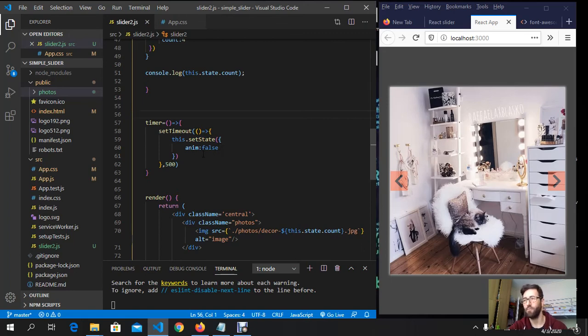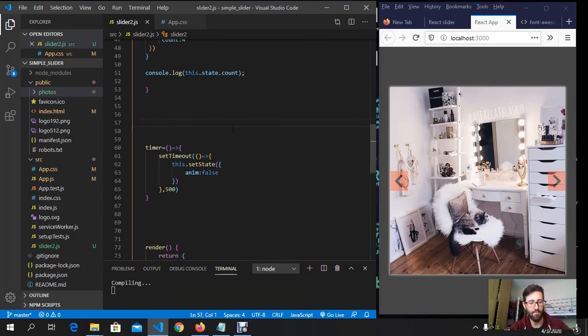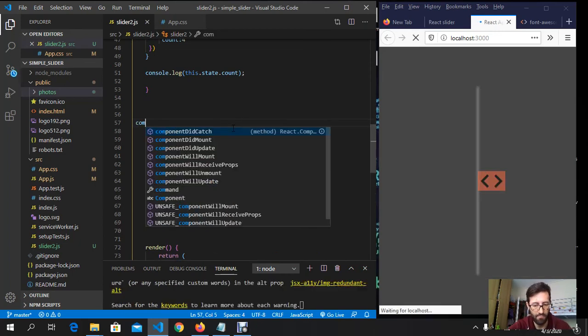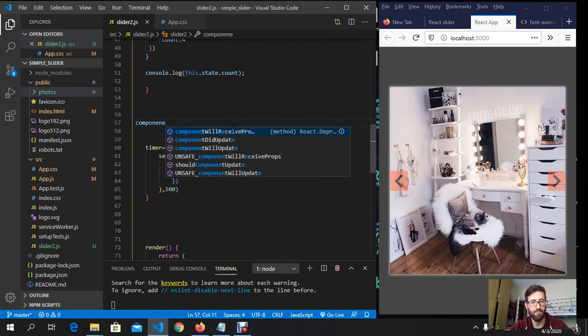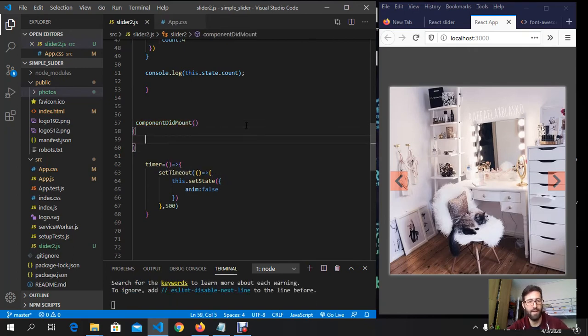It's going to become false. Okay, now we are going to put the timer in componentDidMount, right,